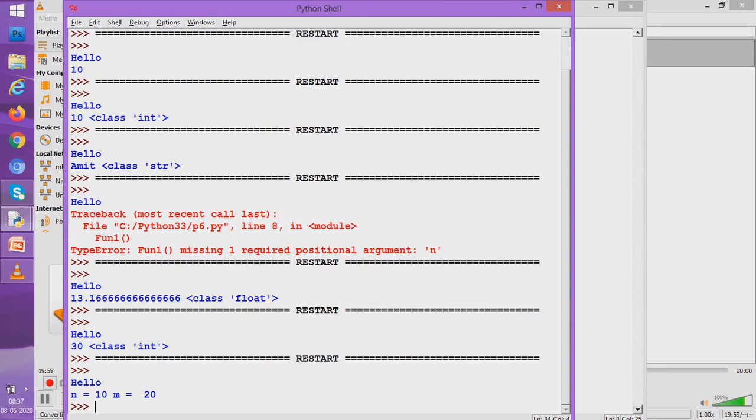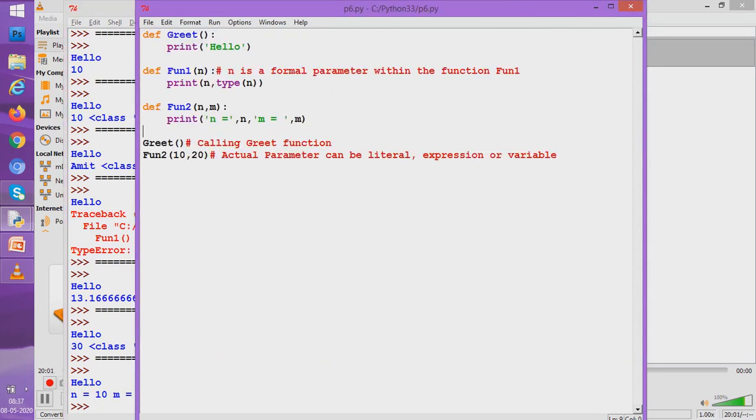Why? Because n is positioned prior to m. So n is going to take the first value and m is going to take the second value. Students, this is known as positional arguments in actual parameter. So the actual parameter is being passed to the formal parameter on what basis?